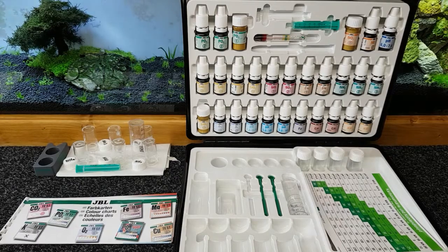Like I said, with doing these tests, I've caught some really nasty ammonia spikes just in time, and I could get the water changes done, dilute that ammonia down as best as I can. And I've had that in marine systems, and especially when I've been keeping corals and when I used to breed coral,